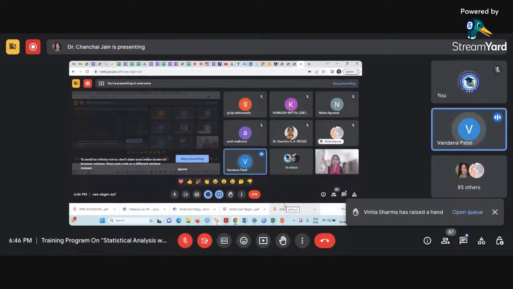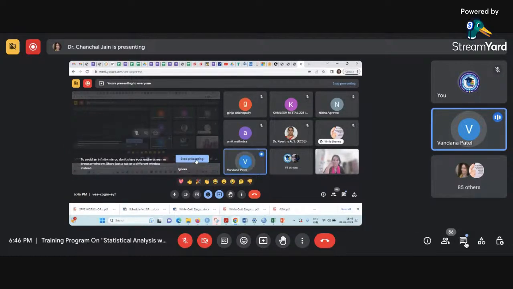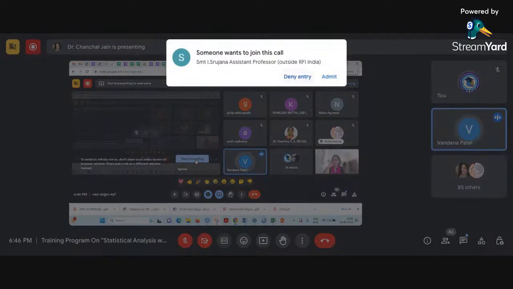Suppose we have two groups, and we are giving different types of diet plans in both groups. For example, we have obese patients, 20 in one group and 20 in another group. In the first group we are giving some kind of diet chart to the patients, and we are measuring the